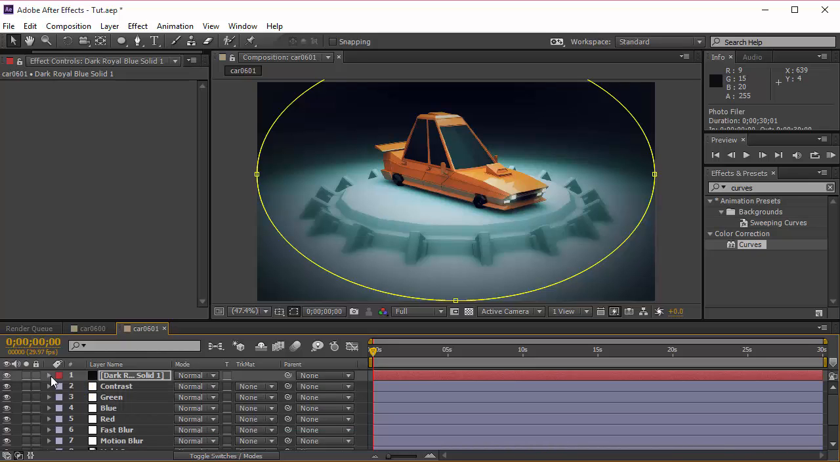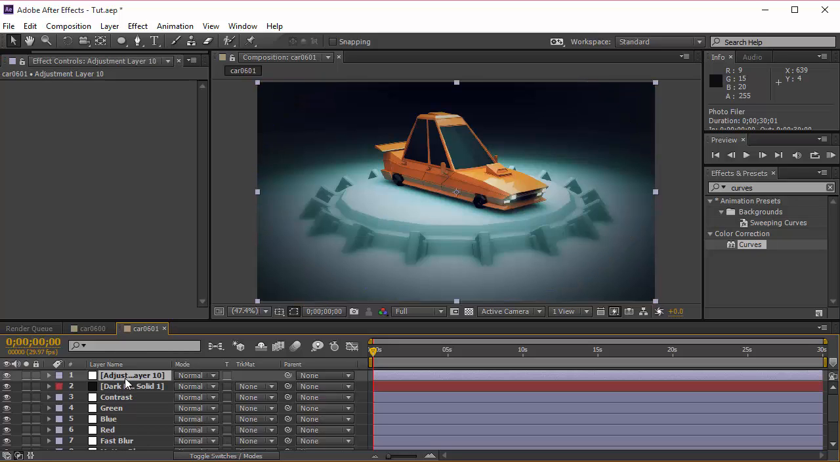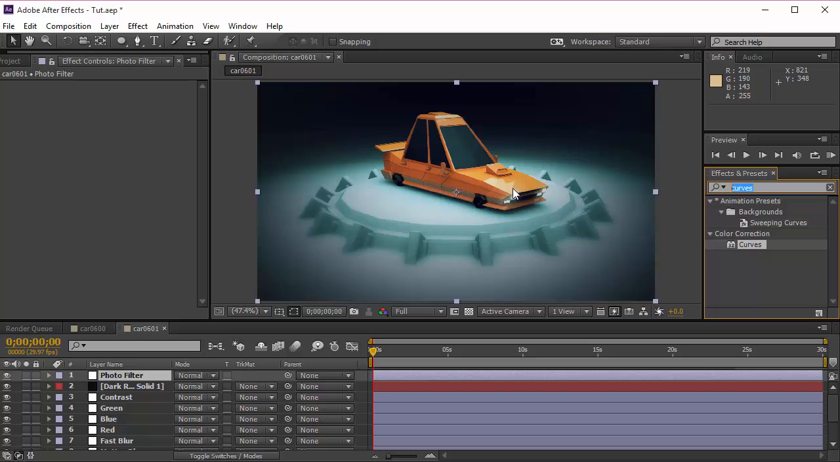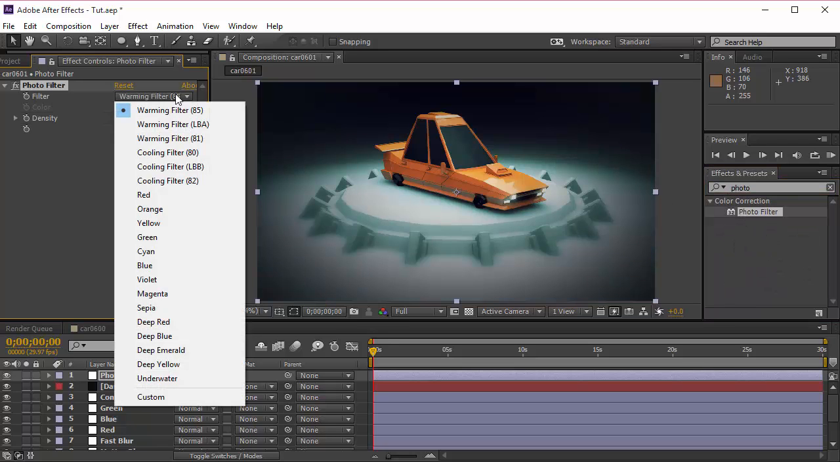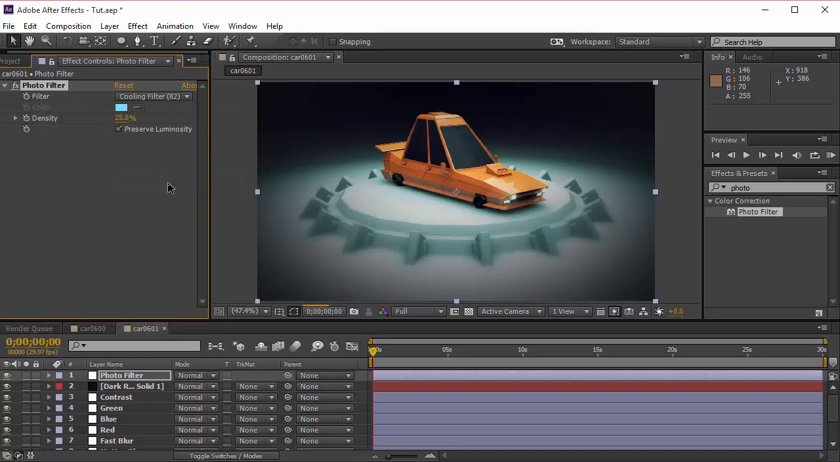Once that's done, let's close that up. I'm going to make a new adjustment layer by pressing Ctrl Alt Y, and I'm going to name this photo filter. And I'm going to go and choose photo filter over here. Drop that on. I'm going to set the filter to a cooling filter 82, and that gives us this. Now this is how he pretty much ended the tutorial,